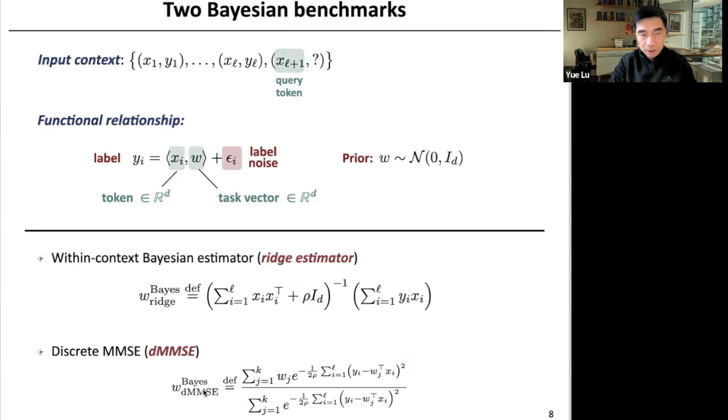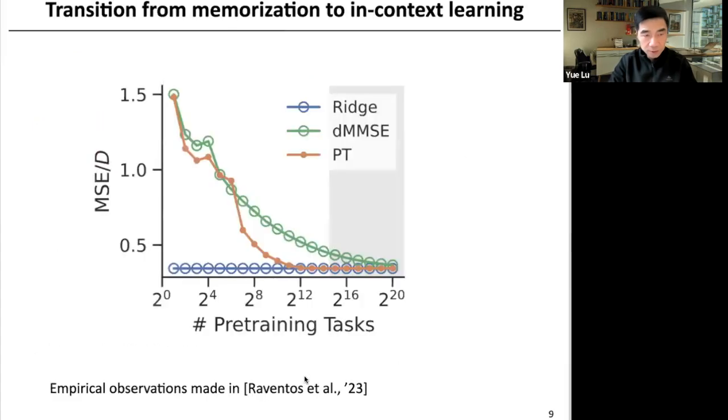Correspondingly, this is the Bayesian optimal estimator for this discrete problem. Okay. So we have these two benchmarks. The first one, the ridge estimator, is supposed to be the optimal one, but the discrete MMSE is supposed to be the one that the neural network would implement if it is too specialized to the pre-training task. So very interestingly, there's this paper